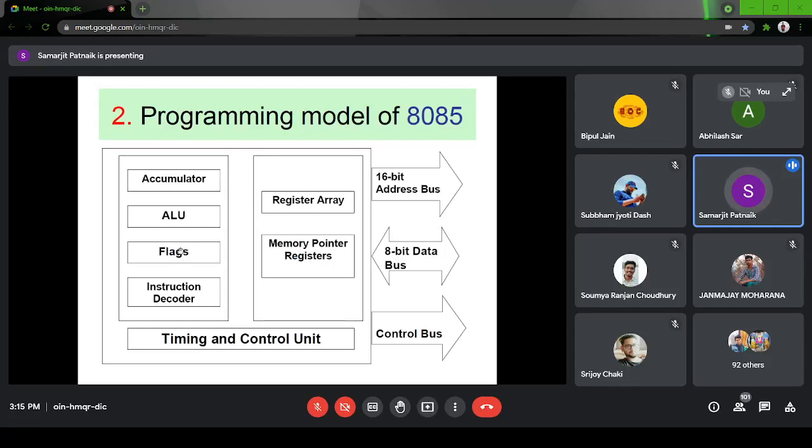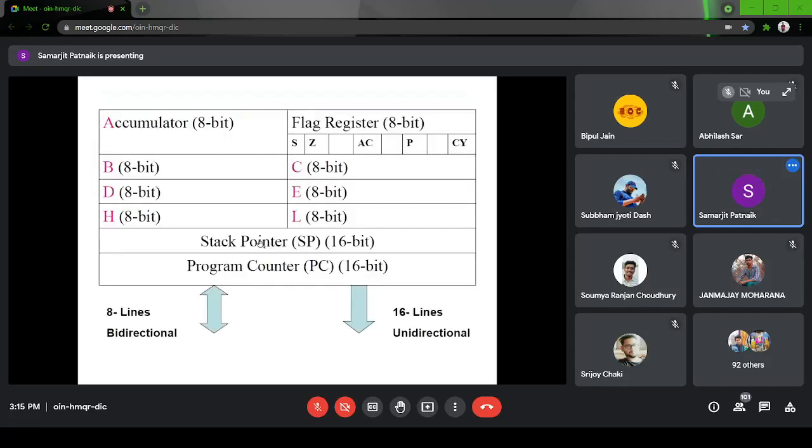Flags. So there are 5 flags, which we discussed last class: sign, zero, auxiliary carry, carry. So this is the basic register set. You can see the accumulator; the capital letter indicates the register name. A means accumulator, B is a register name, C is another register name. These are all 8-bit registers. So we will start with 8-bit addition, subtraction, multiplication, division, those kinds of programming at first.